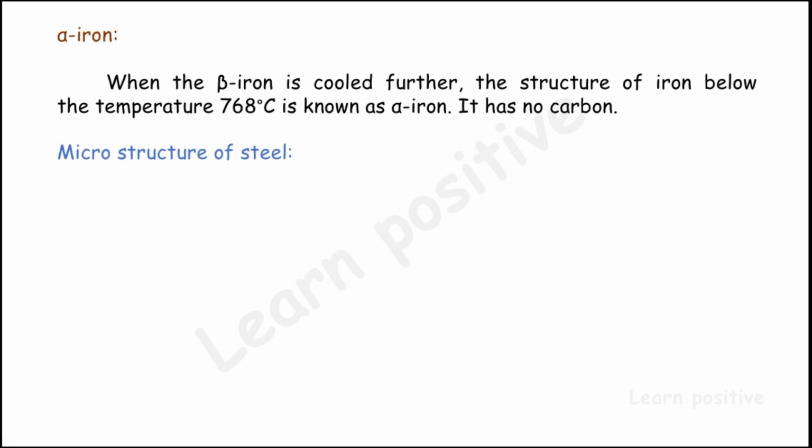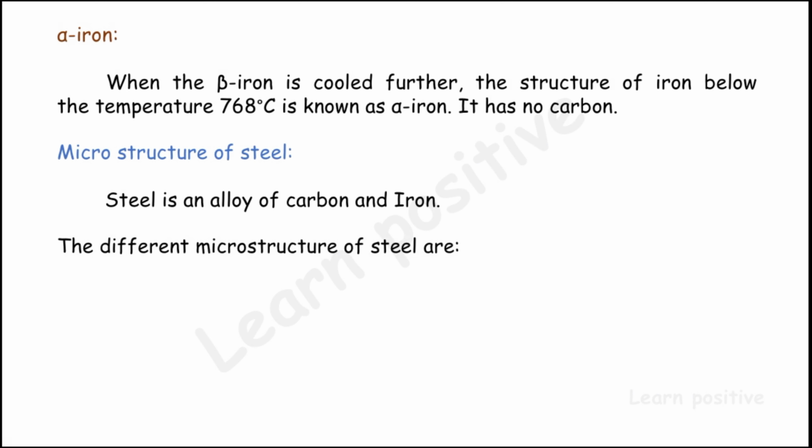Now we are going to see the microstructure of steel. There are 6 types of microstructure that happen in steel. The structures are given below. And what is steel? Steel is an alloy metal with the combination of carbon and iron. With changing of the carbon rate, we can change the steel's property. So, what are the microstructures of steel?